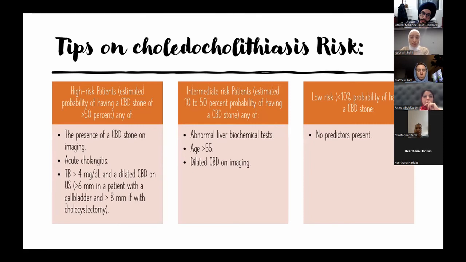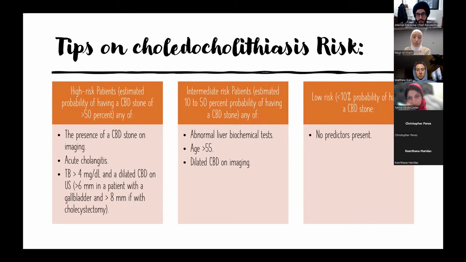So just tips about the probability of having choledocholithiasis. Usually the patient would have high probability, more than 50%, if we see a stone inside the common bile duct, or there is acute cholangitis, or total bilirubin more than 4 with evidence of dilation of the common bile duct, even if we didn't see the stone inside. The intermediate risk, probability of having a stone 10 to 50%, is if there is abnormal liver test, age more than 55, and dilated common bile duct, and low risk is less than 10% probability, there is no